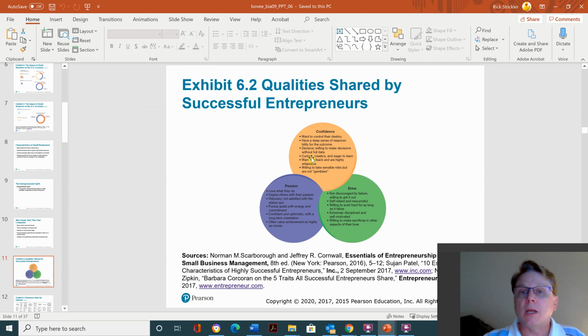Okay, so qualities shared by successful entrepreneurs. Here's a whole list of them. There's the list of confidence factors, list of passion factors, list of drive factors. You may see that a business is up and coming and you know it's going to take off, but if you have no passion for it, if you have no drive for it, if you have no confidence in your ability for it, then it's not going to be successful for you because you don't know how to operate it. You don't really care to operate it. It's the people that have all three of these, and the business in itself is becoming a growing trend, or you make it a growing trend by starting it.